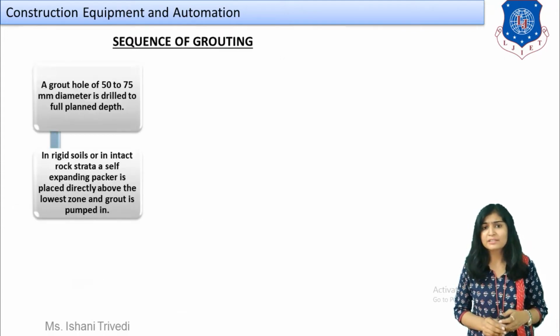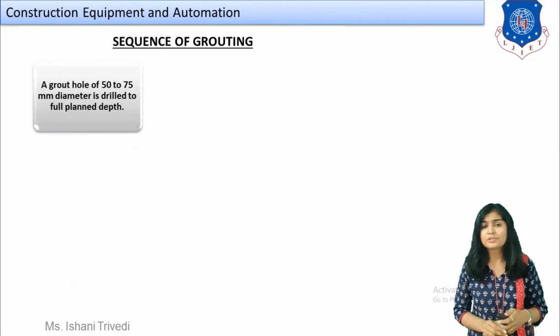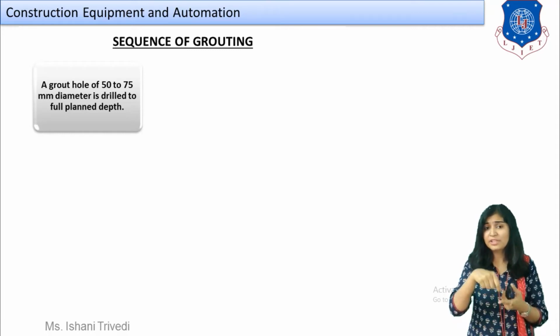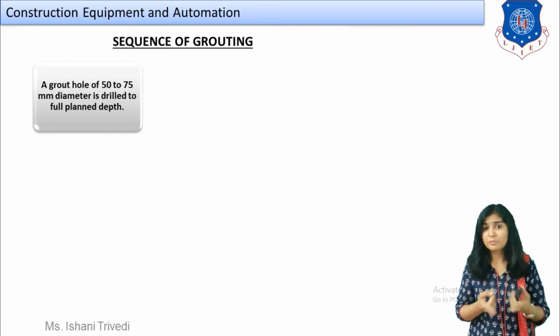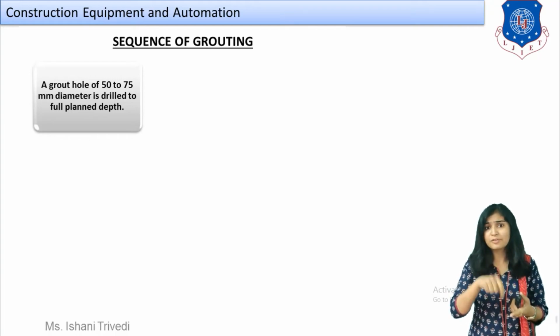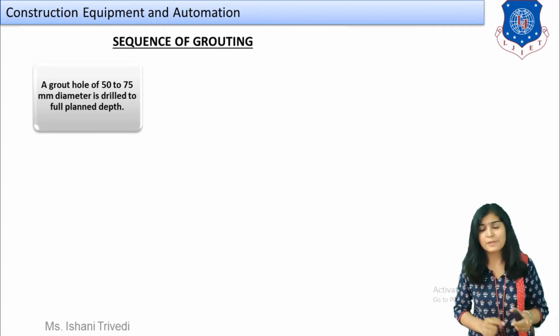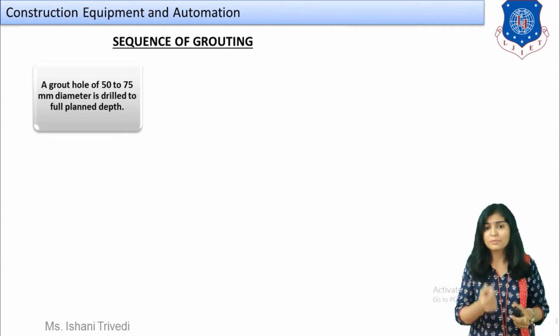Now moving forward, students, sequence of grouting, right? So let us talk about how the working is done. We saw the parts of the grouting already. Now we are going to talk about the sequence of grouting. It is generally followed from bottom to the top. If you are injecting something inside the wall, or inside the soil, then you are going to grout in such a way that you start from the bottom, then go to the top. So the sequence will be from bottom to the top. And you can also go the reverse way, from top to bottom as well. Here we are going to discuss the bottom to top.